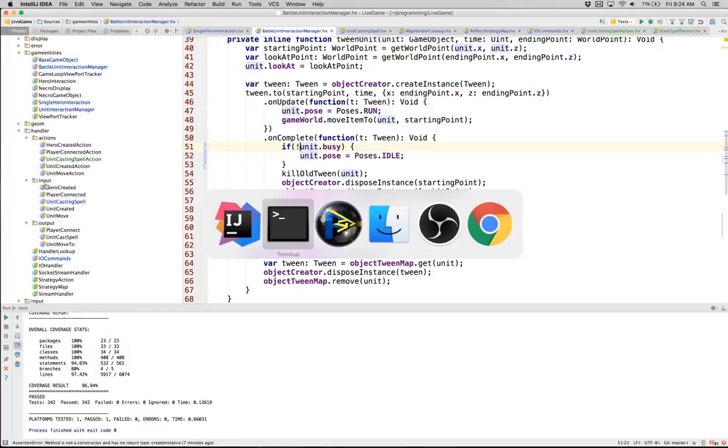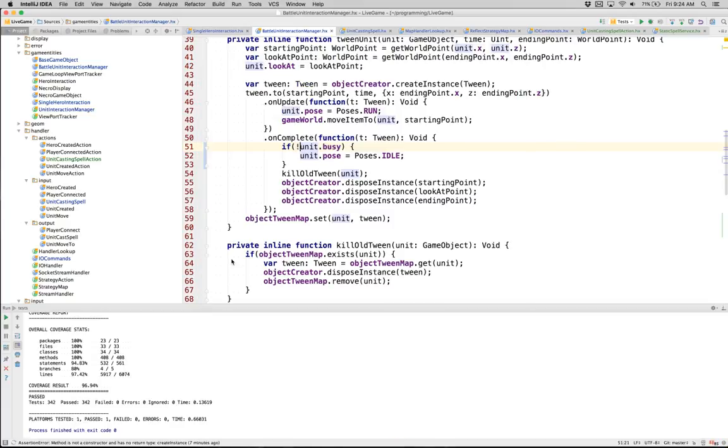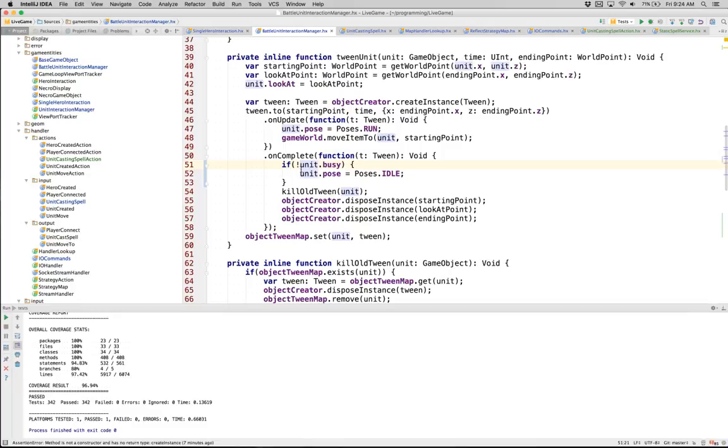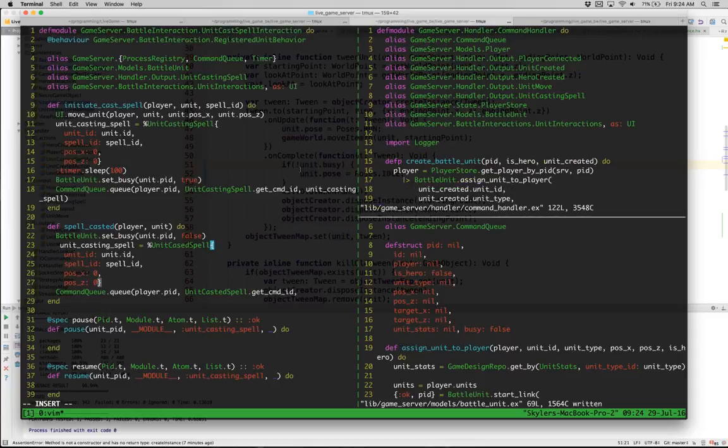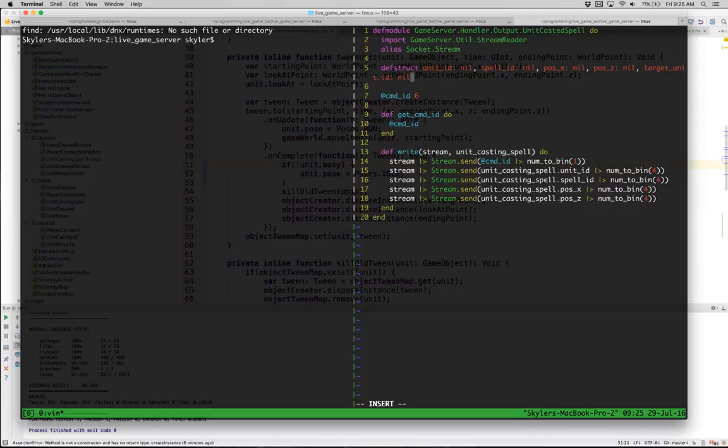I was really hoping to free him up in his stuck position, but he's stuck. So we're just gonna close it up right now. I think that's pretty darn close to how we want it. So we have unit ID, spell ID, position,